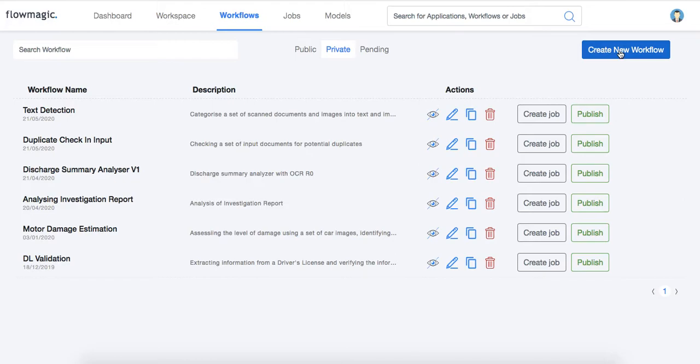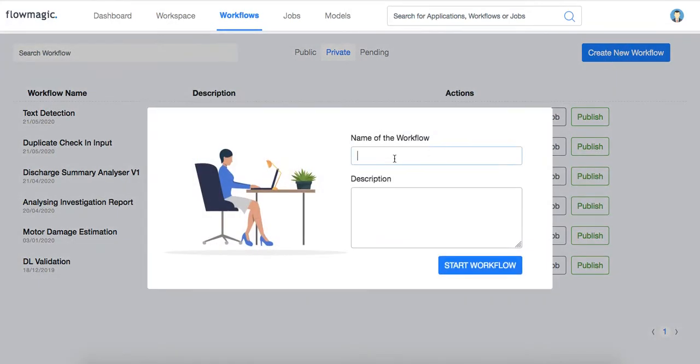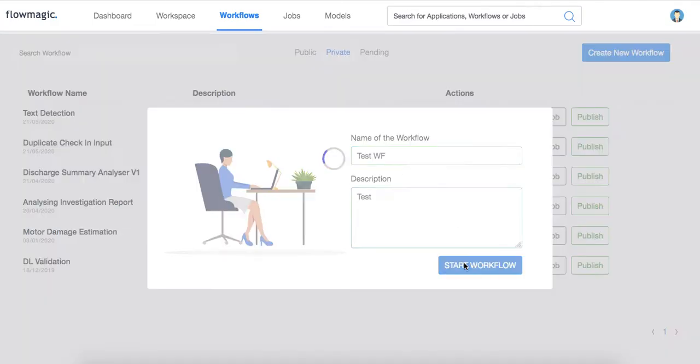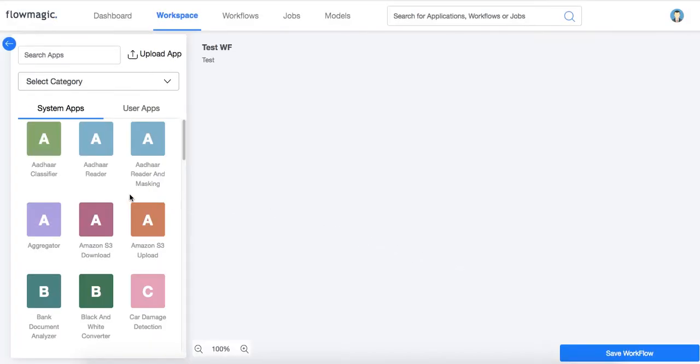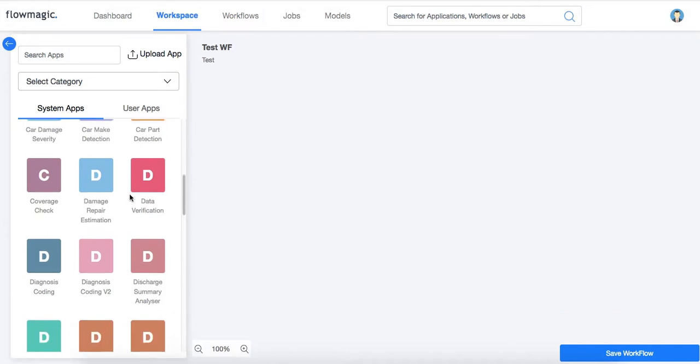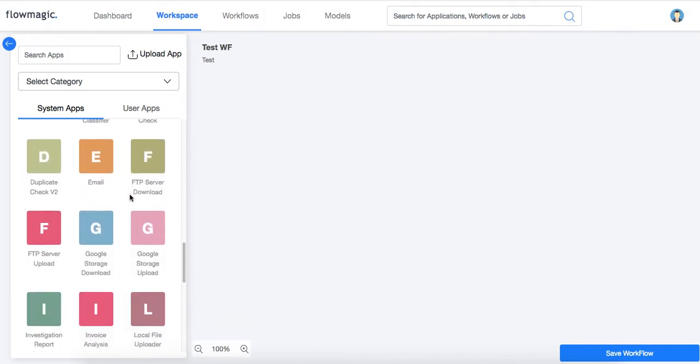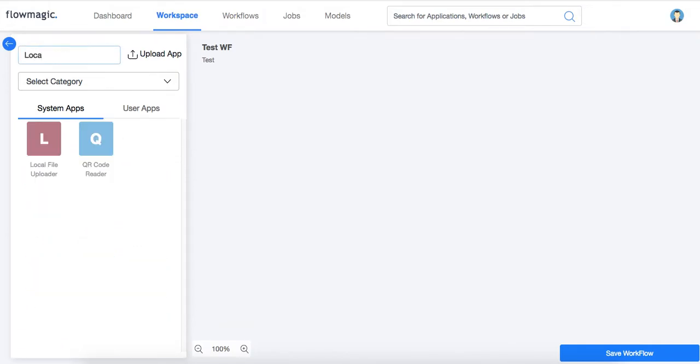You start off by clicking on the Create New Workflow button on the top right of the screen. Give a name and description and click Start Workflow. This brings you to the workspace with all the applications on the platform listed in the app drawer on the left. You start off by dragging an app called Local File Uploader onto the workspace, which fetches the application from